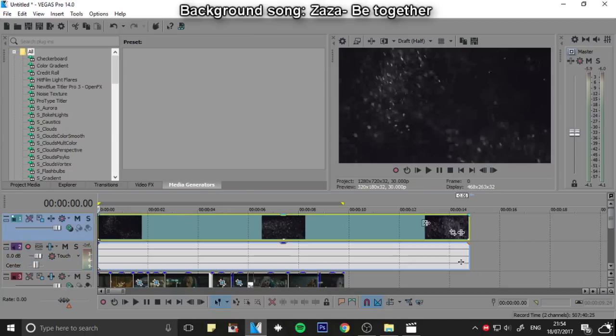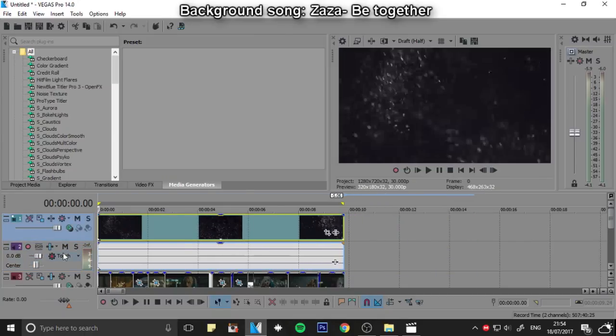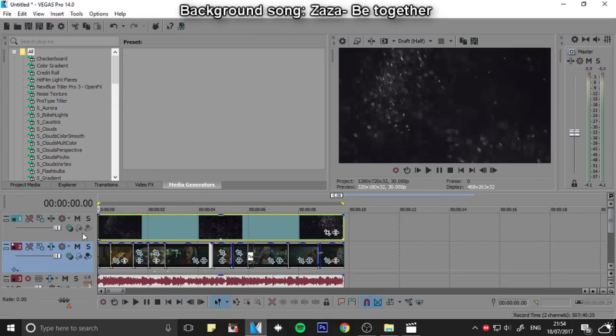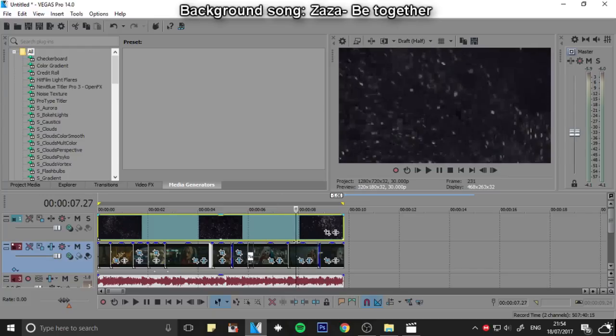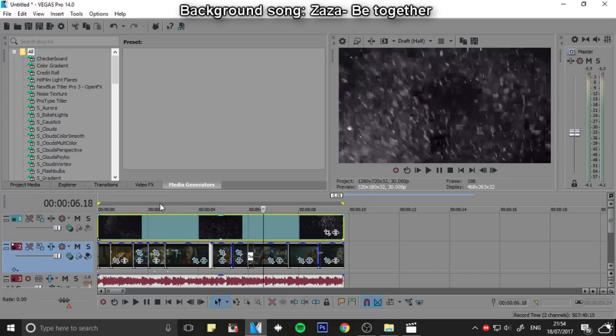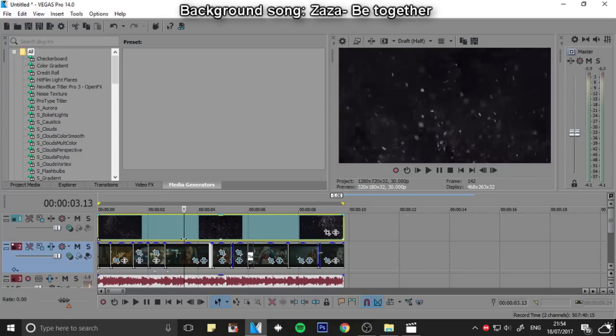Okay, so this is me trying to add an overlay onto it just to show you guys how to do it. I'm getting rid of the audio, and then there's a green button next to all these clips, because obviously you can't see the clips underneath them. But if you click on the little green button, or you can lower the opacity,